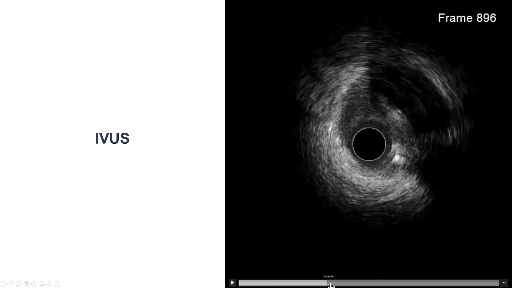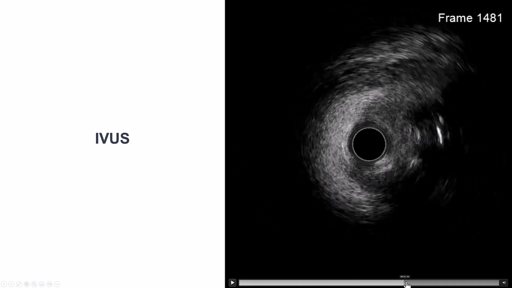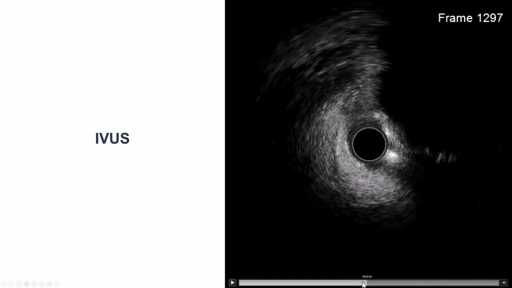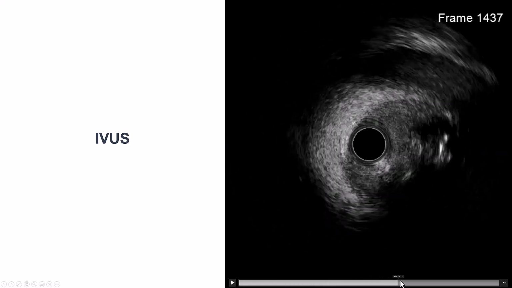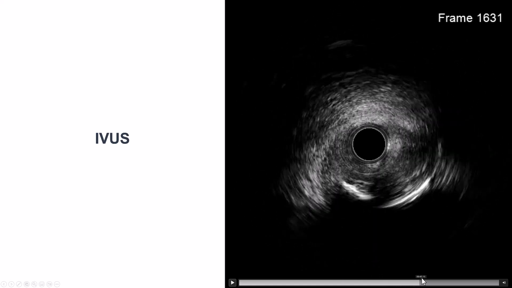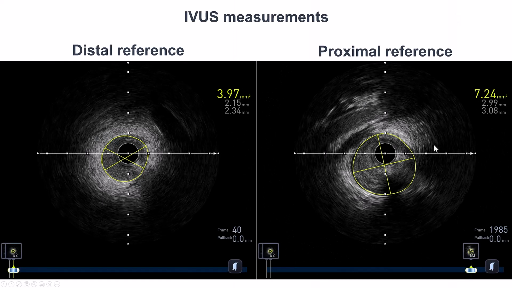There is some calcification, although it's not circumferential. And then as we move more proximal, we see that we're partly in the true lumen in this location, but then as we come more proximal, again, we're true lumen here. And this is the more proximal part of the vessel that seems to be a little larger. So we do have a vessel that measured 2 millimeters distally and 3 millimeters more proximally, so a big step down. So of course we want to size for the distal vessel and then post-dilate to match the proximal reference